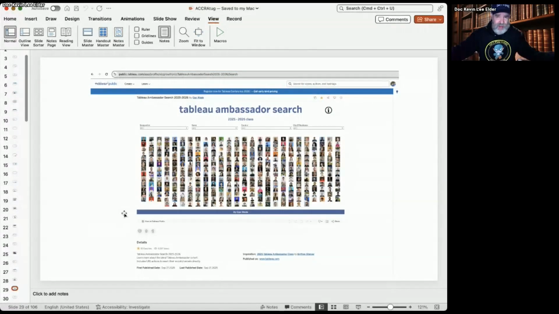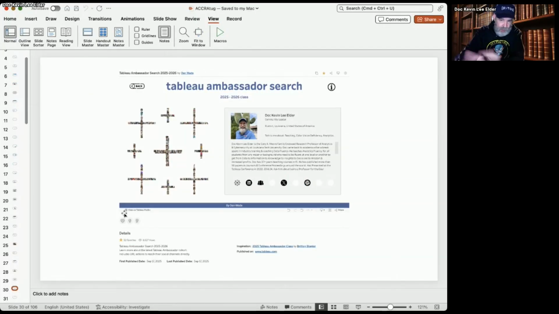Then the second level, even more than all those visionaries who all have YouTube channels and blogs and tutorials and things, now you expand it out and you look at Tableau ambassadors. We have more than 300 Tableau ambassadors all over the world. And each of these folks have Tableau public sites and downloadable examples and blogs and videos and all kinds of things. And so again, there I am. I'm out there as a Tableau academic ambassador with that outdated biography that I need to update.